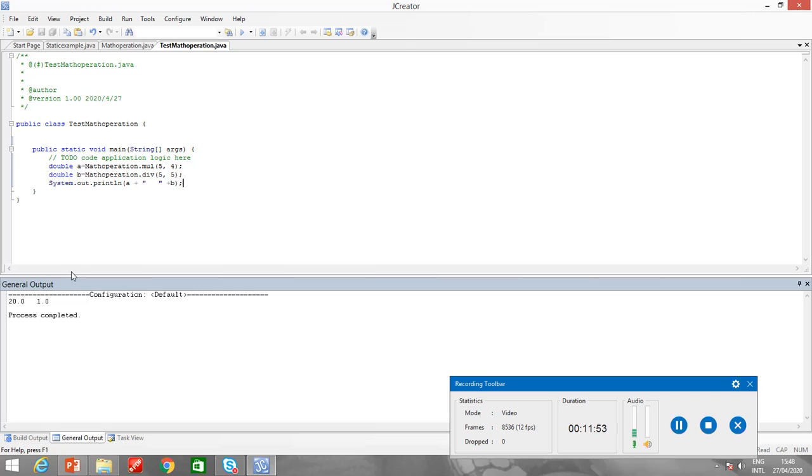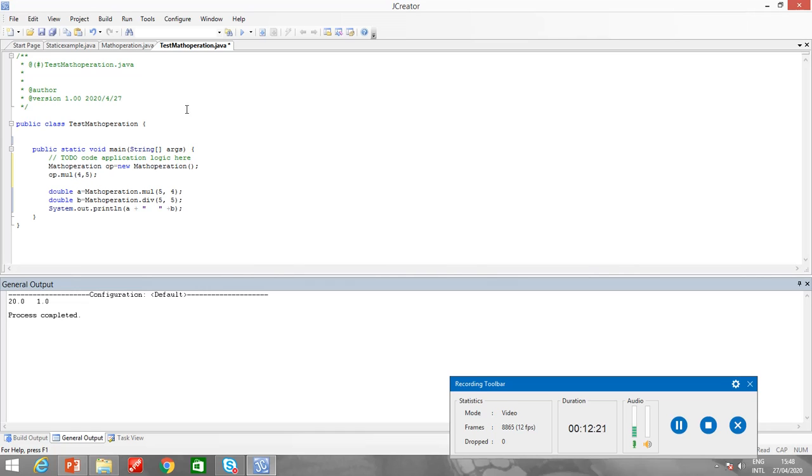In this example, I have called the two methods of the MathOperation class, but I have not made any object. I have not done something like this. If you see over here, the normal case that we do, MathOperation OP is equal to new MathOperation, and then calling OP dot multiply 4, 5.